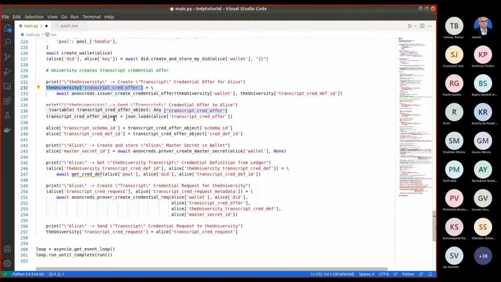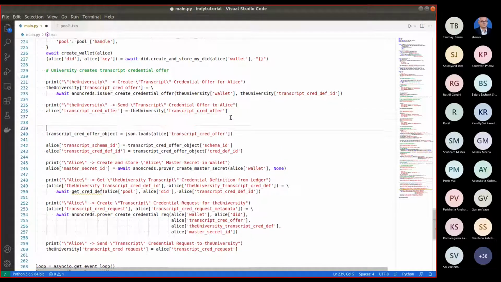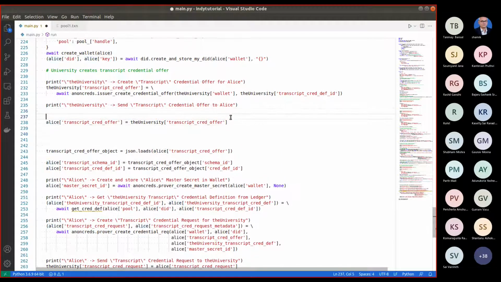Now Alice actually gets it somehow. This particular step should be a network call, right? This will be over the network in a real scenario. So the offer is saved in this variable, and now this offer has to go to Alice.